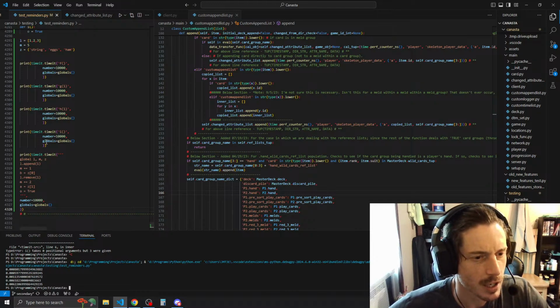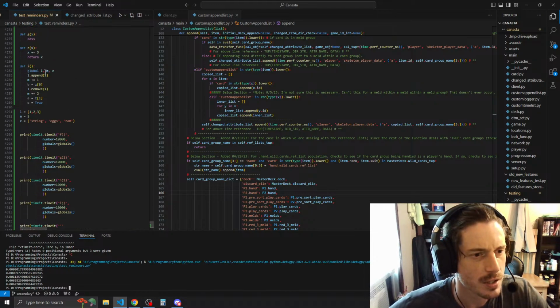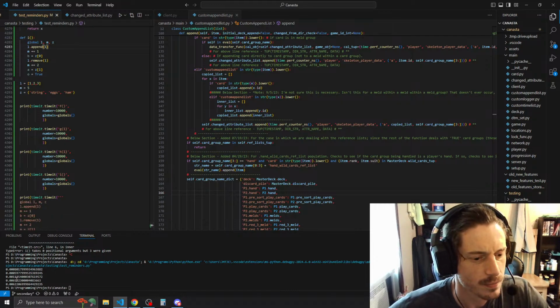So from H to I, there was a little bit of a difference, and that's because of executing those other like 6 lines of code. So like the actual